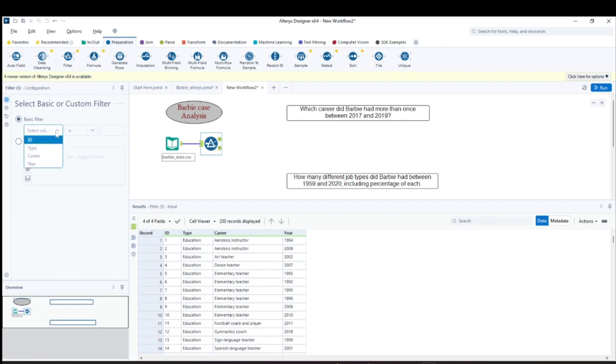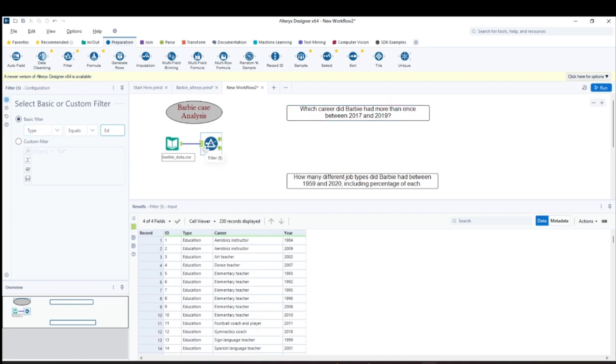I can select a column here, so let's take the type, equals, and suppose I write education in this filter. Will this work? This will work, but I will get only education. I will not get other types of careers.